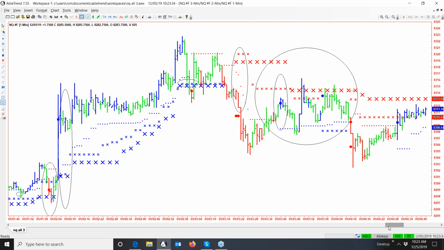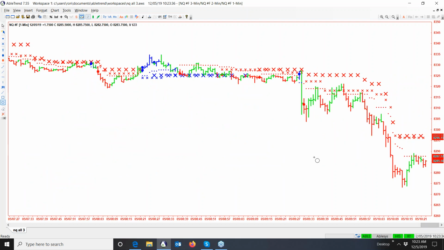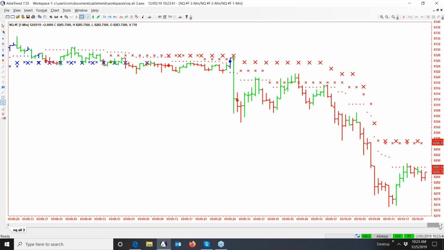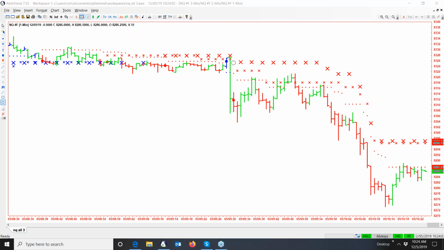It's exactly that. Let's fast forward to what's going on right now so that we can look at it. We're actually looking at a live chart, so it's moving up and down on the right side. I mean, this is as real as it gets. So let's see how we would have done if we were using AbleTrend today. And again, certainly have losing trades. That's a guarantee. And the first trade today was a losing trade. So I kind of like showing the losing trades because this is real stuff here.